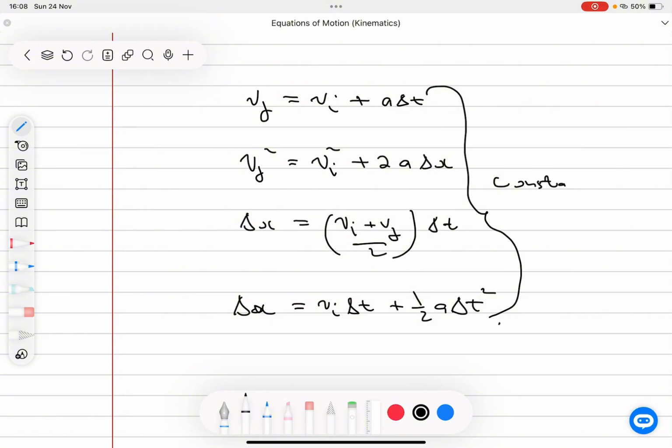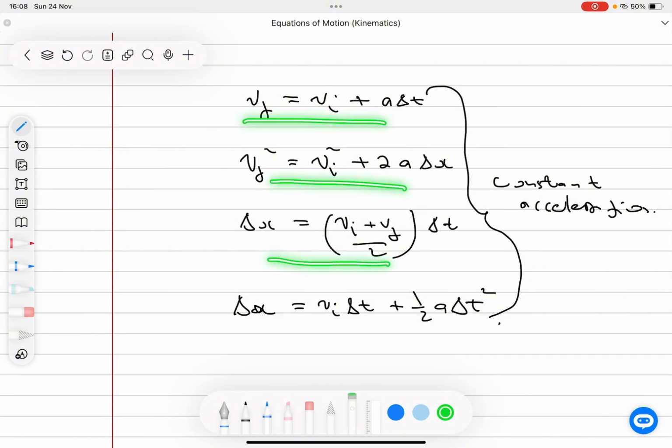All these equations are true when the acceleration is constant. It means they're giving you a hint, or they're saying that you can solve that problem using any of these equations. I hope this was fun and you're getting answers to why you are always using these equations